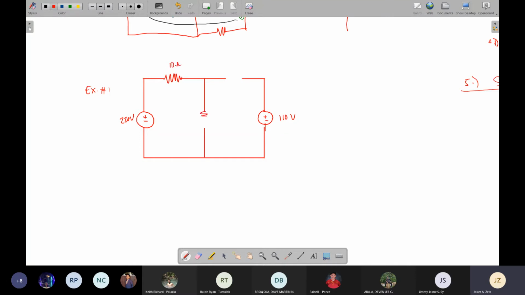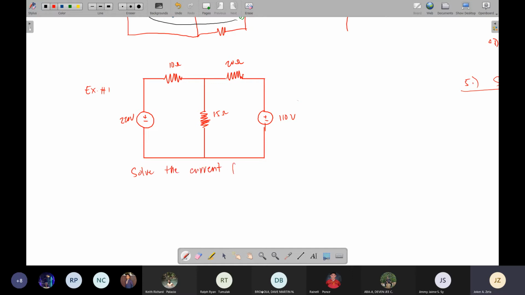And also our series here, resistor here, let's change it to 15 ohms. And then lastly, another resistor here, butang tag 20 ohms lang. Okay? Now, for this one, sige, let's solve the current,